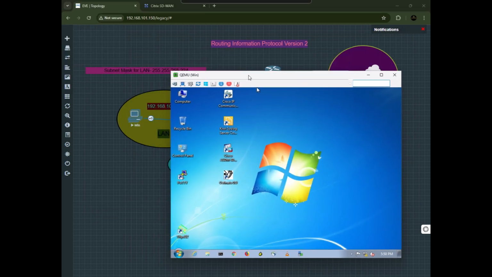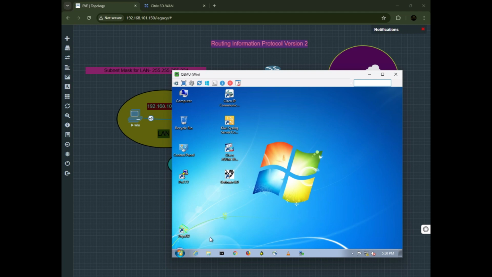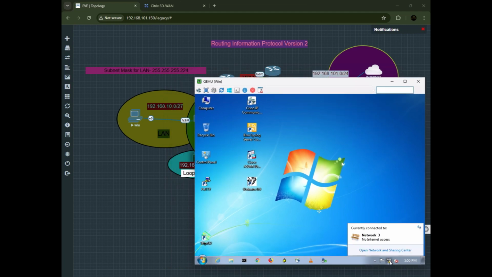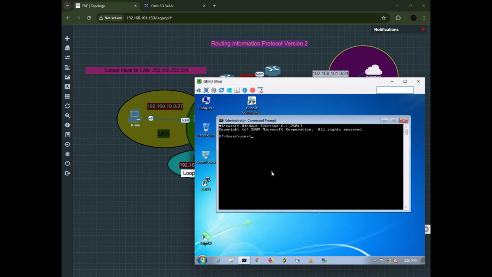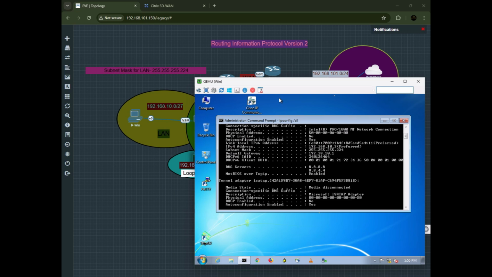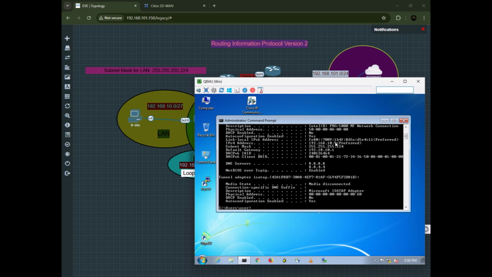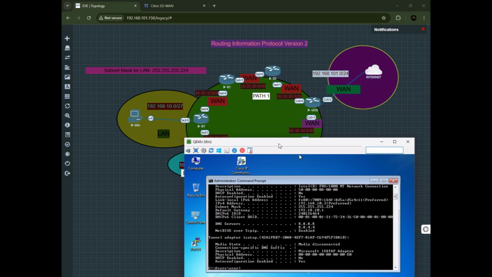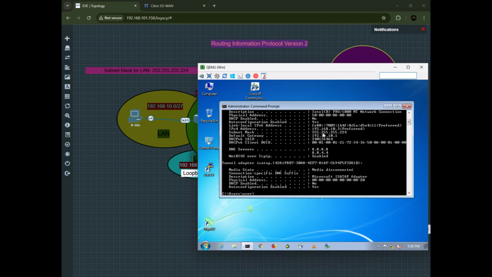Remember, this is the operating system Windows 7. On this network interface card, let me just come in here on the CMD, type the command ipconfig/all. I'm trying to show you exactly which IP address was statically assigned on that Windows 7. We have that 192.168.10.3 IP address, and then we have this subnet mask of 255.255.255.224, because this is a /27 network, and we have the default gateway of